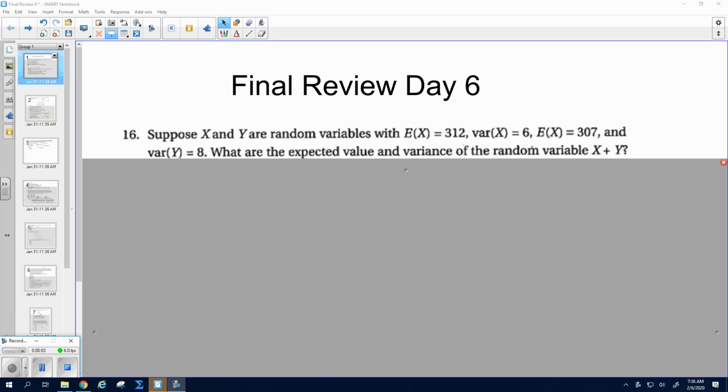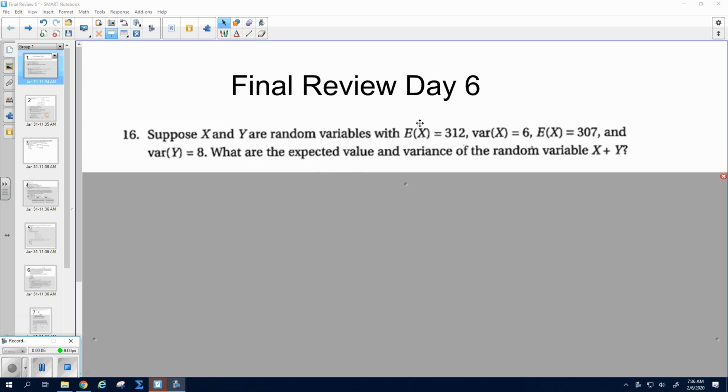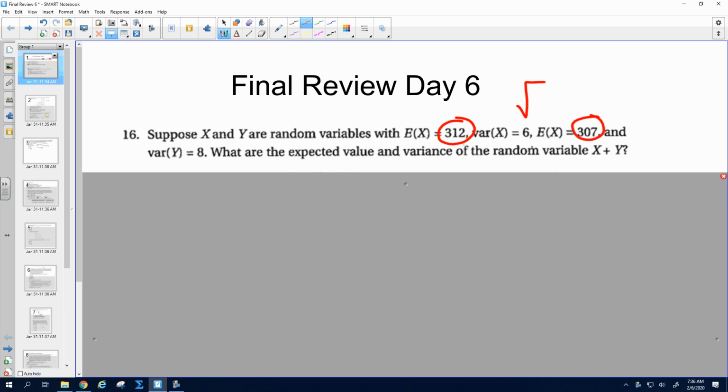All right. So normally when we do this problem, we would just add the expected values together. And then we would do our formula for adding standard deviations, but remember they are giving you the variance. So you would do the square root of 6 plus 8 because they're already squared. However, there's one thing that they left out of this problem, and that is that these two random variables are